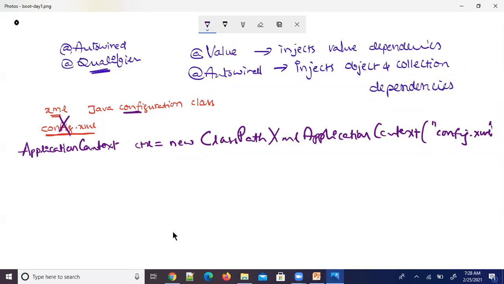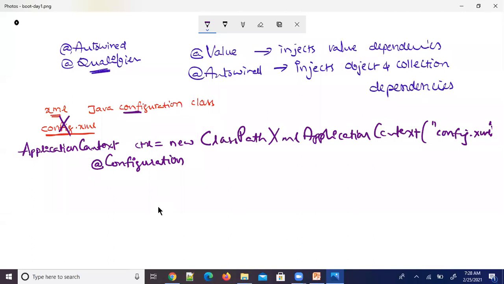So I would like to discuss here a configuration class you can write using the annotation called @Configuration. I used to say @Configuration is a class level stereotype annotation.